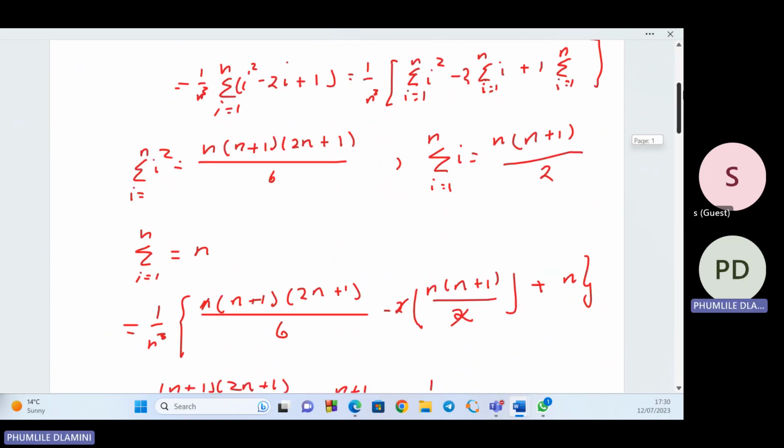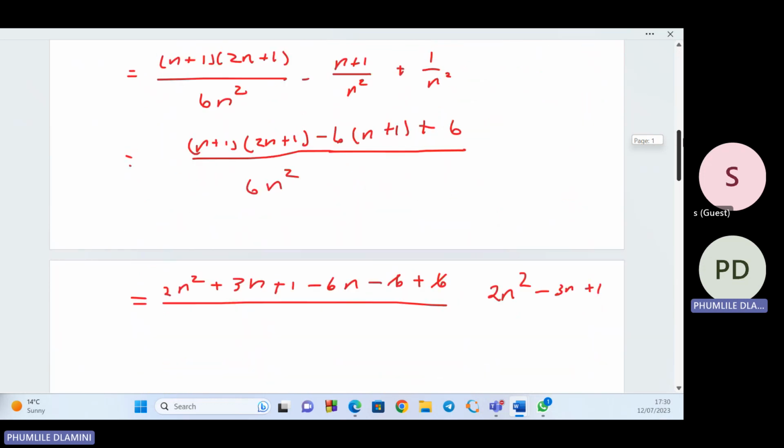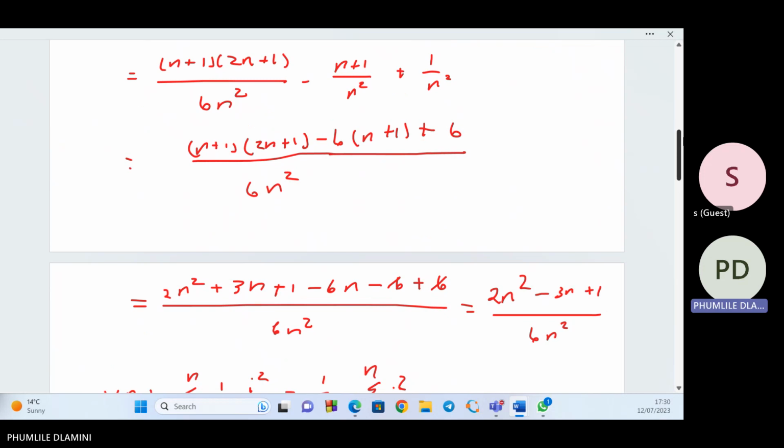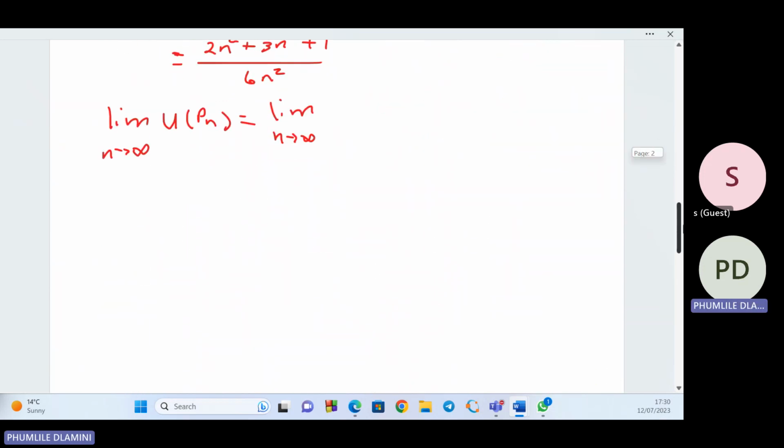U of Pn, we found that is equal to, let's check it, yes, 2n squared minus 3n plus 1 over 6n squared. So we are going to find the limit as n approaches infinity of 2n squared minus 3n plus 1